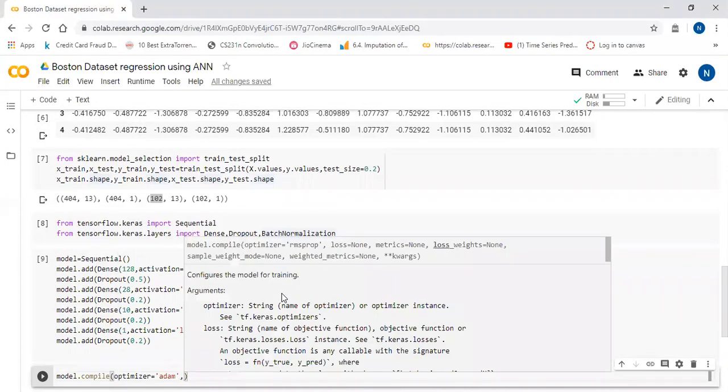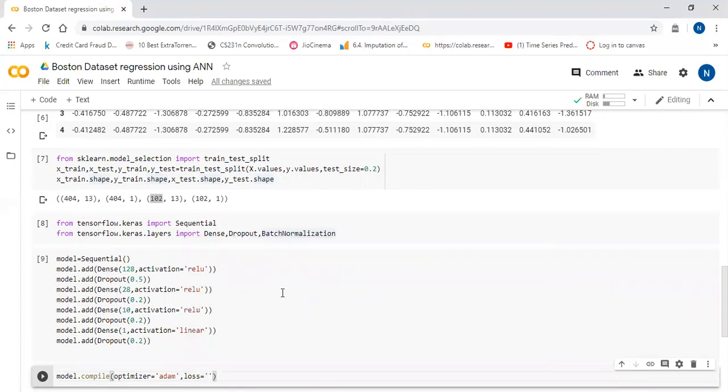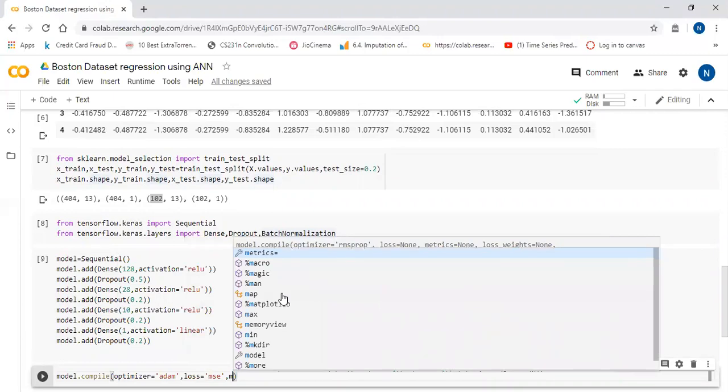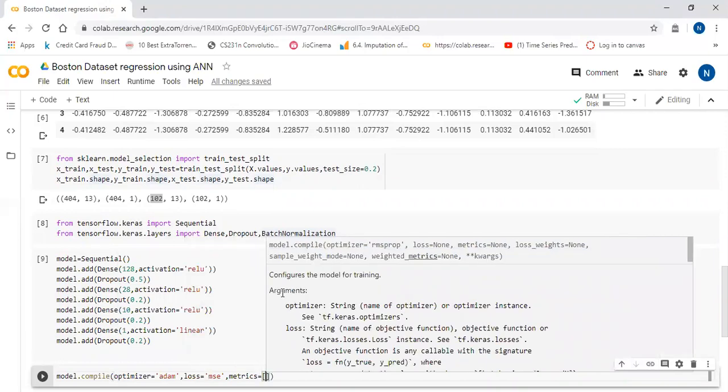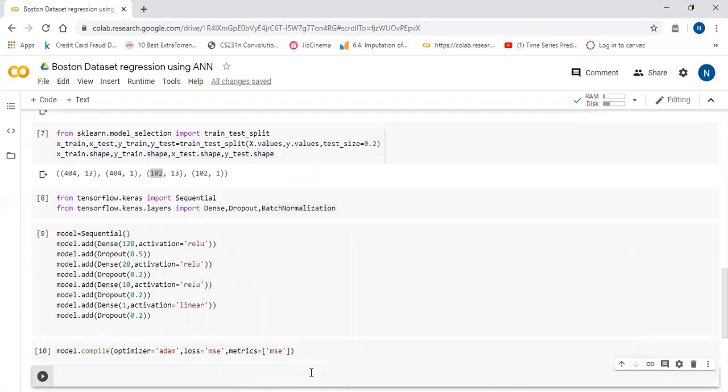Mostly we use the Adam optimizer, and we will pass the loss function as MSE, mean squared error, and metrics. Metrics I will pass again mean squared error. Okay, so this way we can compile our model. The second step is done.